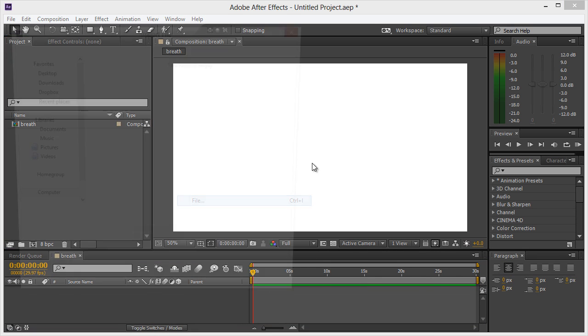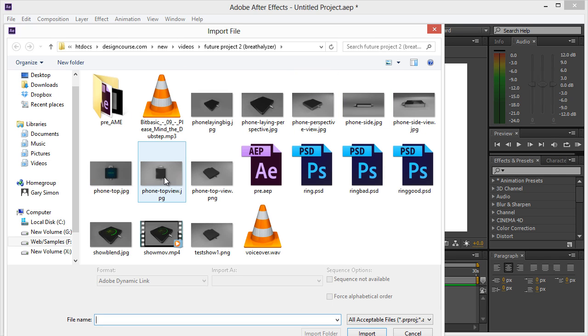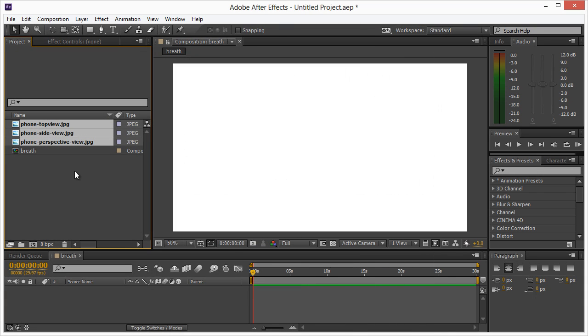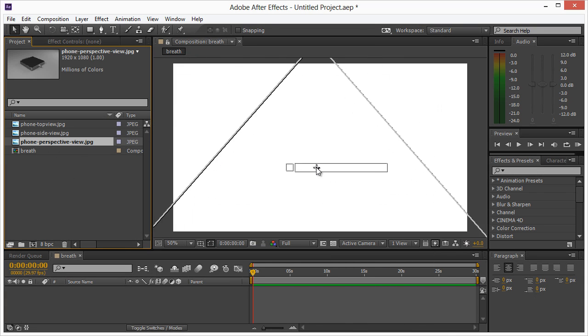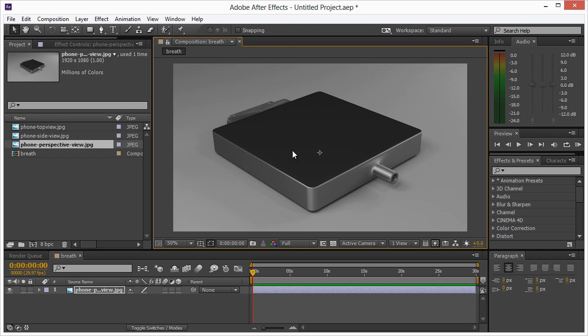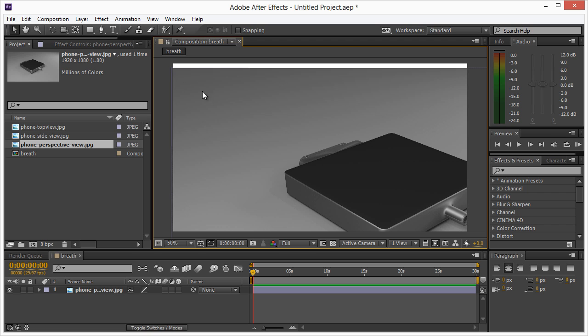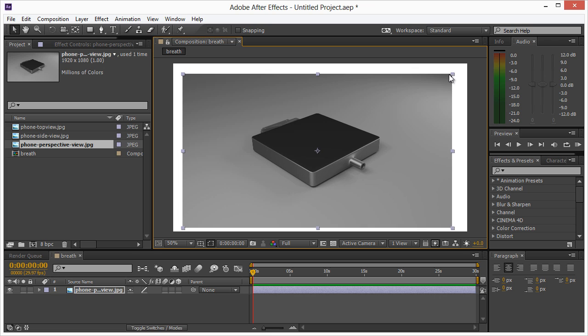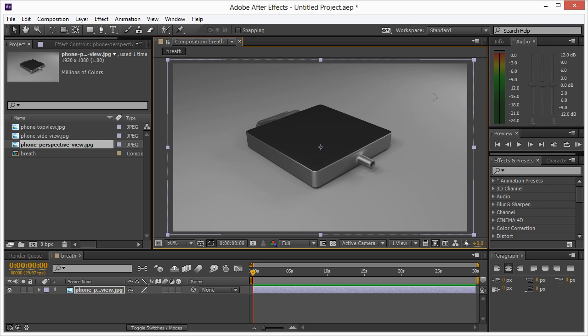We want to import our necessary files, and mine was called, let's see, this is one. I'm going to hold Control and then left click the other ones, and those three. Hit import. Our perspective view is the one that we want to start with here. So if we put it down here and we scale it, hold Shift. That's too much. Yeah, right around there is good to start. Then what we want to do is